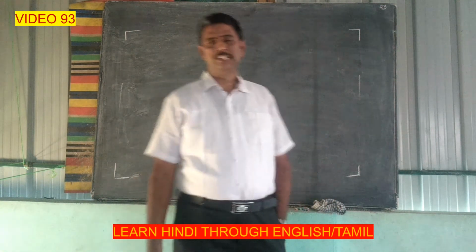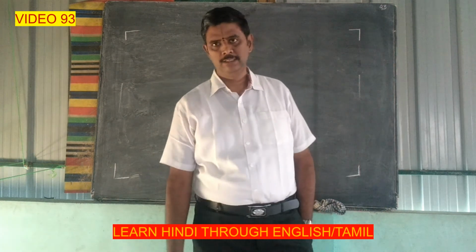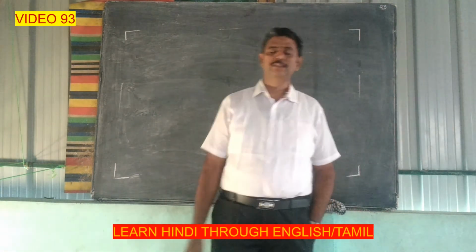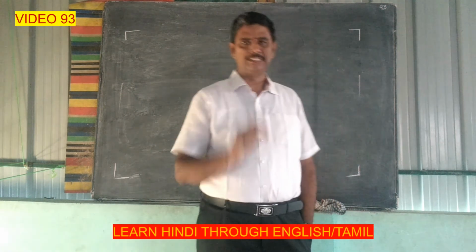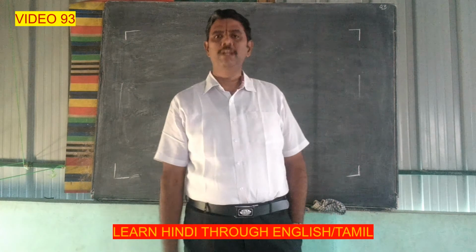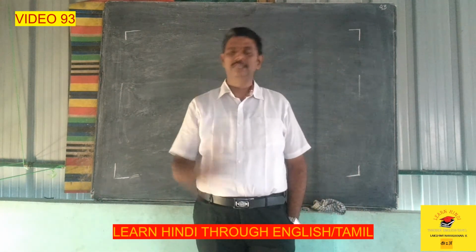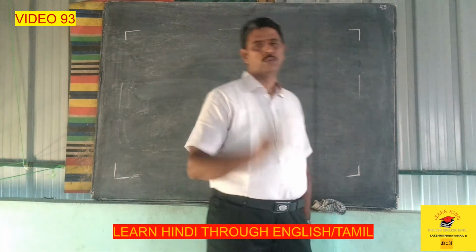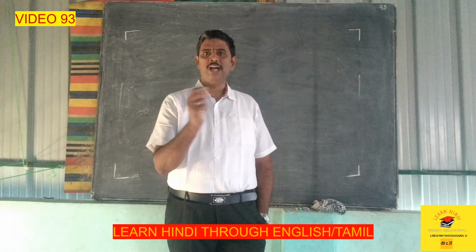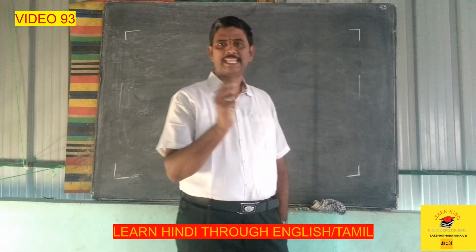Today we are going to see the continuation of alphabets, matras. Matras is nothing but the way of writing the consonants. For example, when there is a letter, it is ik, ich, it, ip. When you add a sound, it becomes ka. When you add e sound, it becomes ki.